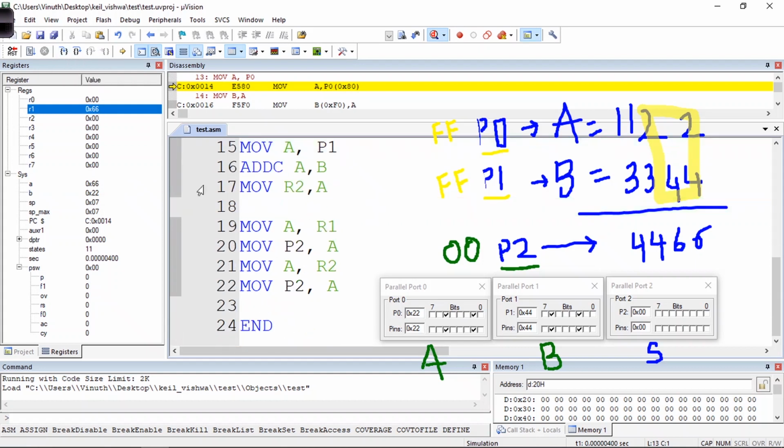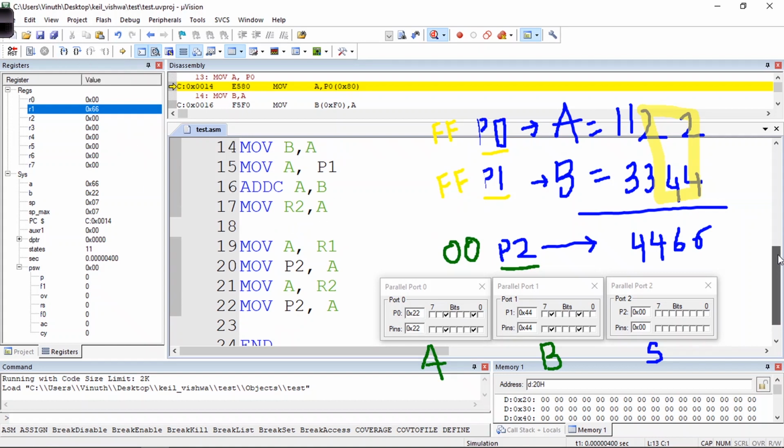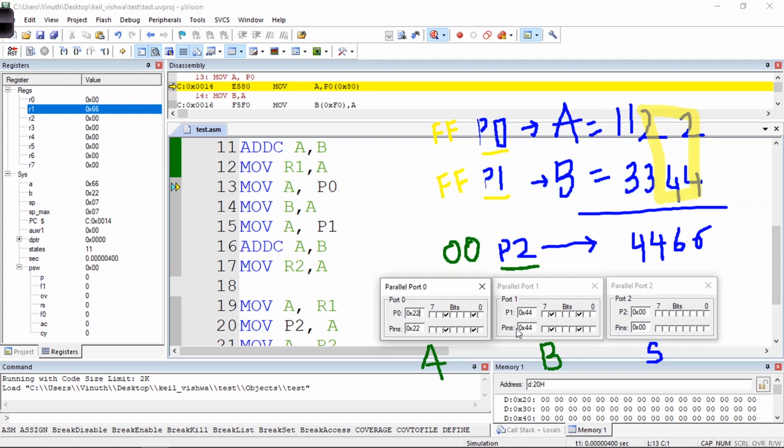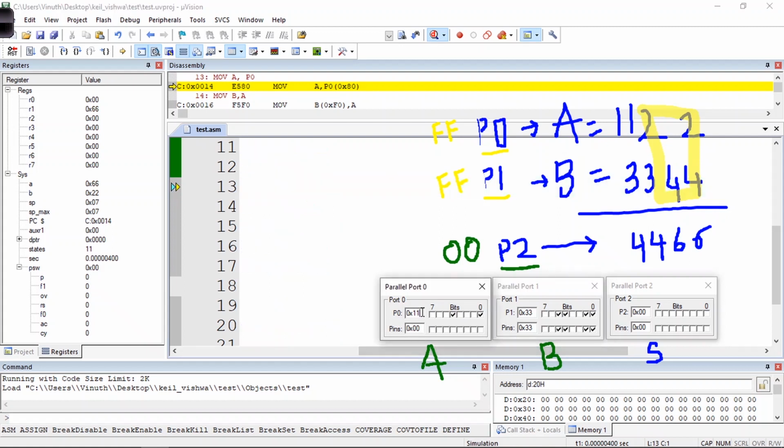Now I'll take the second set of data from port 0. Let me give my values as 11, and for the other port let me give 33.